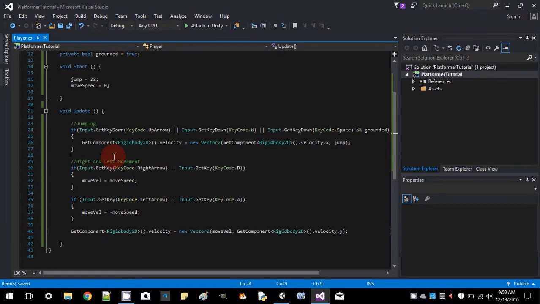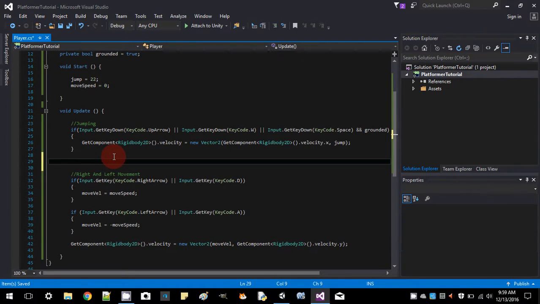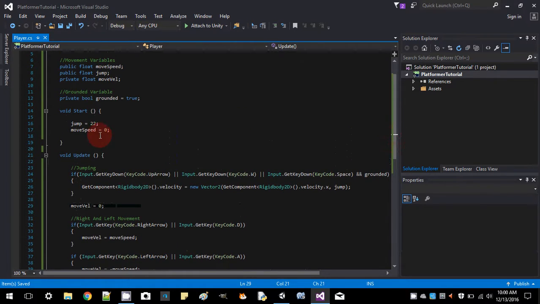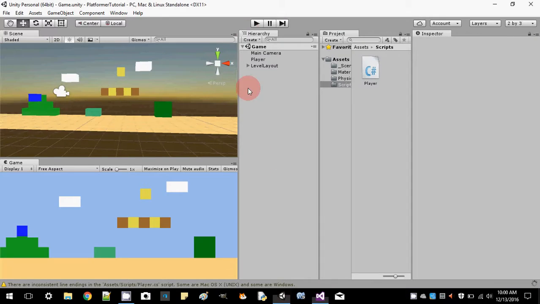Now one more thing that we need to do is, if we do this, then if we press the right or left arrow, it'll still be changing it by whatever is in move speed or move velocity. So you just want to say move velocity equals 0. There. And now the move speed, let's set it to something like 7. And now we can go up here, wait for it to compile, press play,